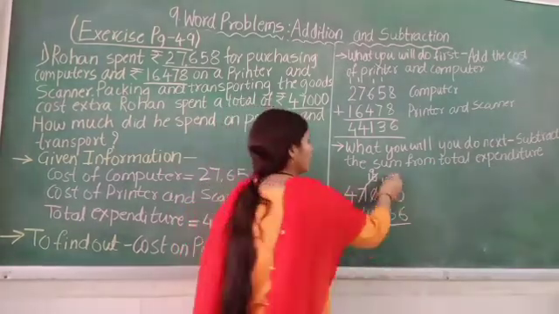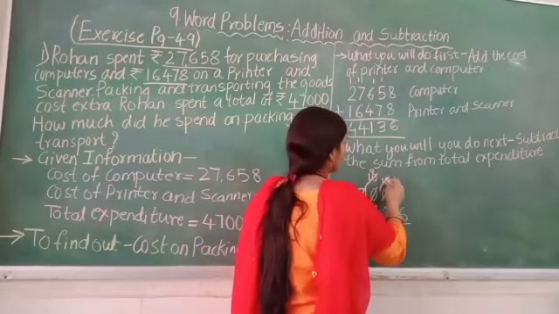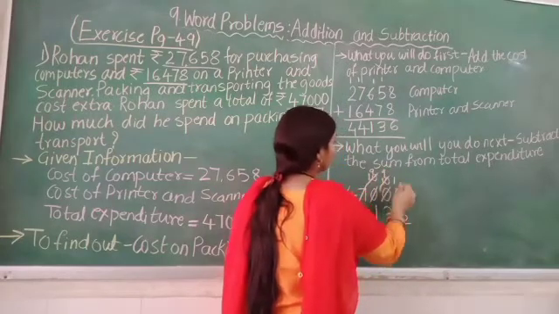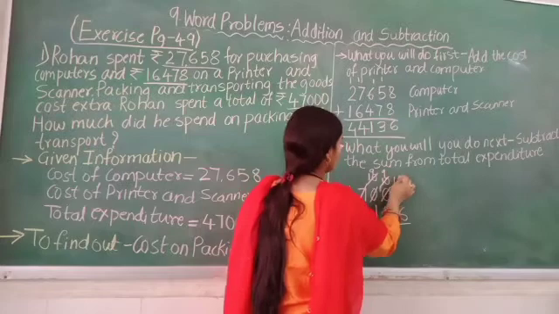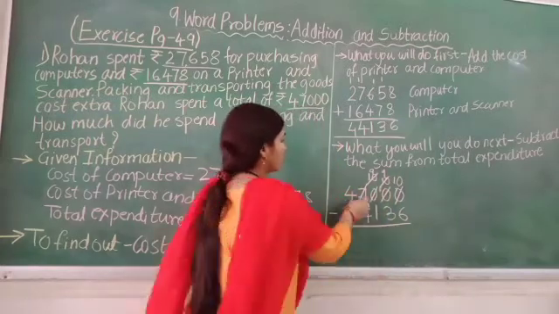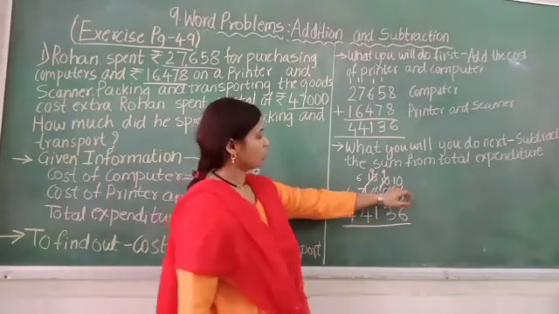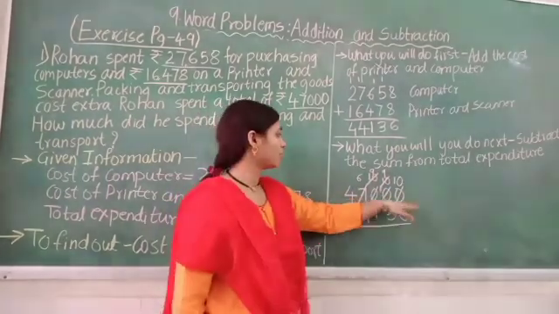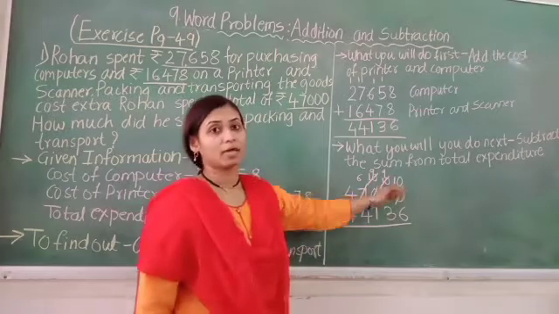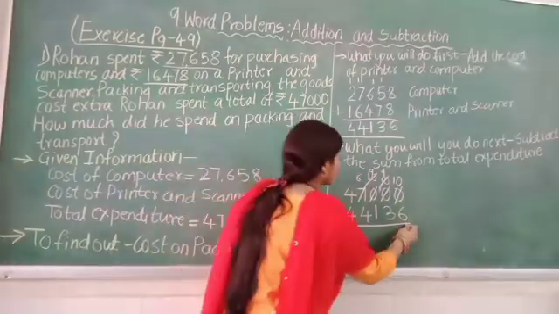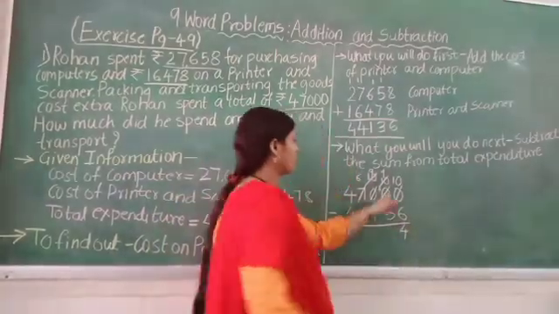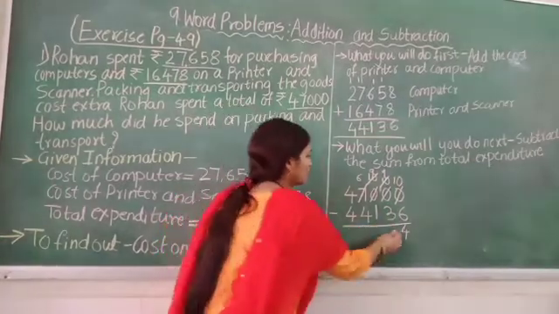So again 1/10 from 10. Here it will remain 9 and 0 from unit. And what will remain here? 6. So now can we subtract 6 from 10? Yes. 10 minus 6 is how much? 10 minus 6 is 4. 9 minus 3 is